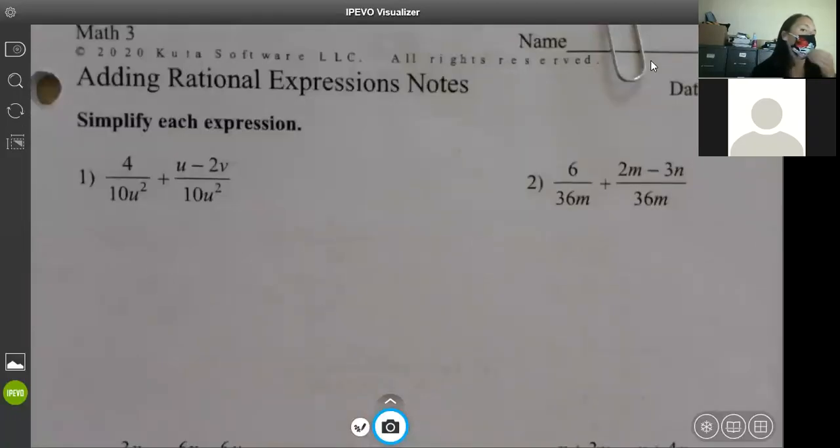So today we're going to talk about adding rational expressions, and I told you guys that this is probably going to be the hardest section of the ones that we've done. It's not super difficult. How do we add fractions? What do we have to have to add fractions? Same denominator. So it's the same way that you've always done them, just this time we're adding in some variables